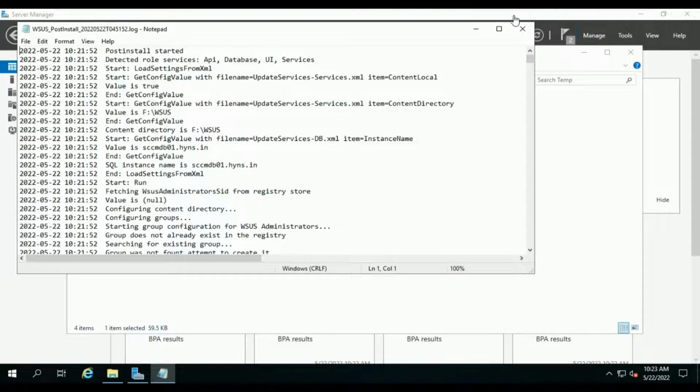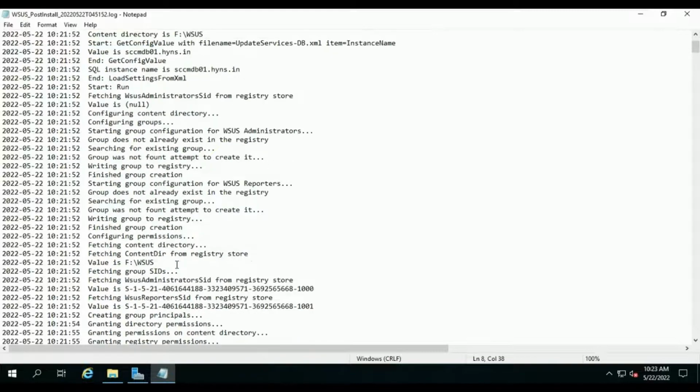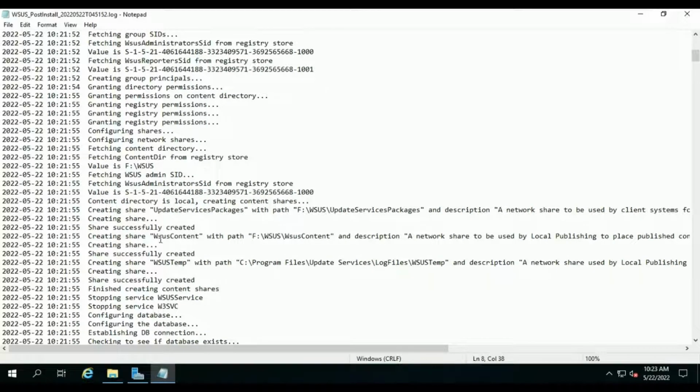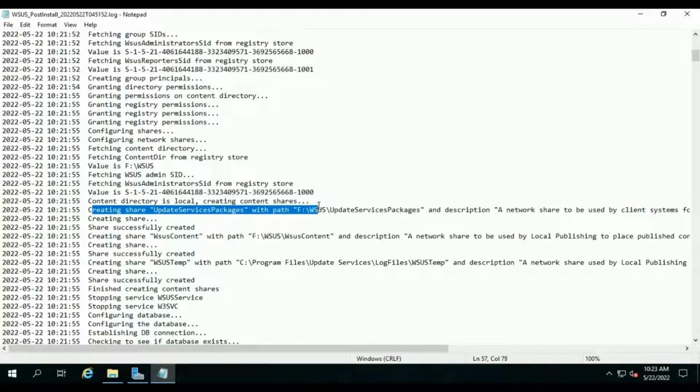Alright, if we take a look at the log file, we will get some important notes here, like the content directory, then creating update service packages and WSUS content share folders.